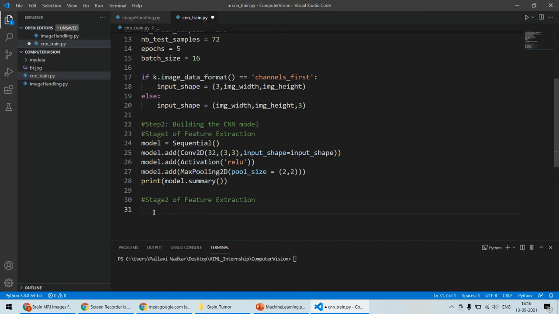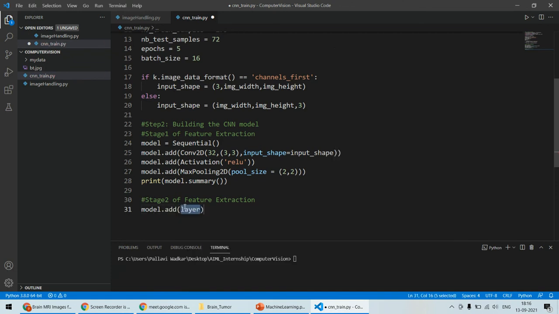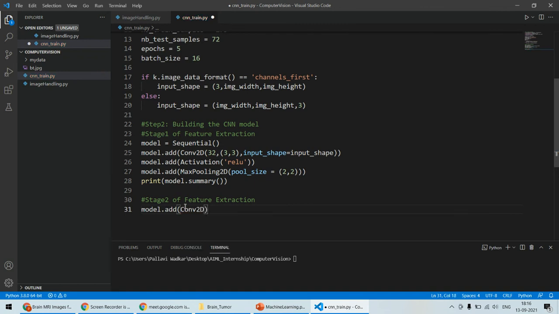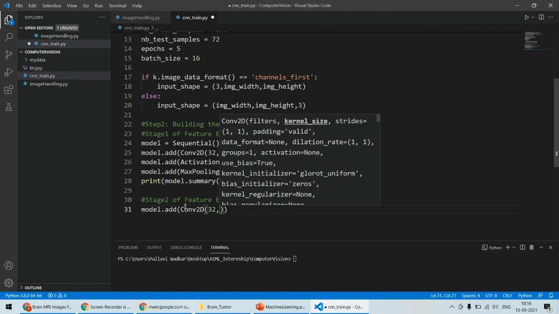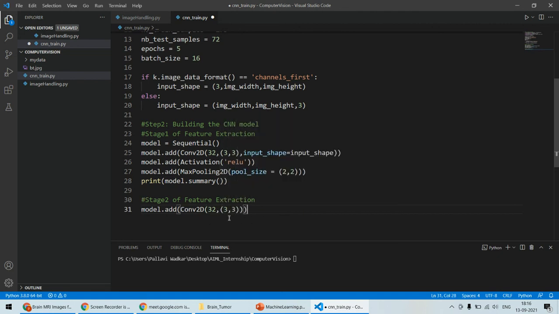नाउ नेक्स्ट इज, हम यहाँ पे सेकंड स्टेज में फिर से कन्वोल्यूशन लेयर को ऐड करना चाहते हैं। तो वो ऐड करने के लिए फिर से मॉडल डॉट ऐड करना है, वही कन्वोल्यूशन ऐड करना है। सो अगेन कन्वोल्यूशन 2D, और इसके अंदर अभी हमें फिल्टर मेंशन करना है। तो फिर से मैं 32 फिल्टर्स मेंशन करता हूँ, और उन फिल्टर्स का साइज 3 by 3 रखूंगा।